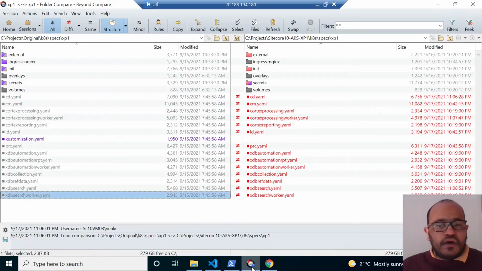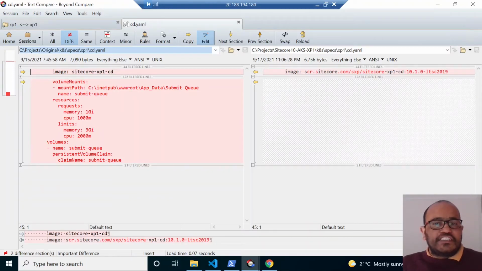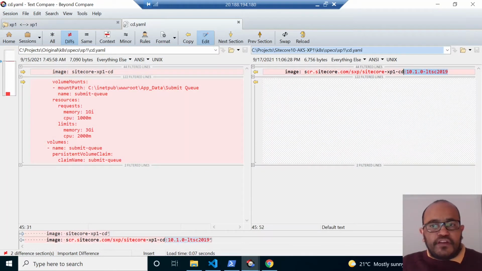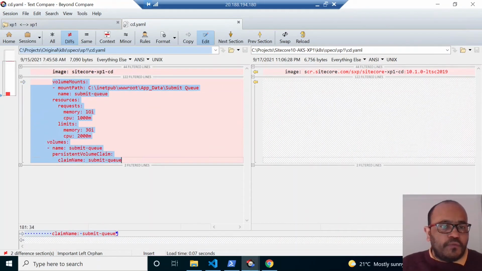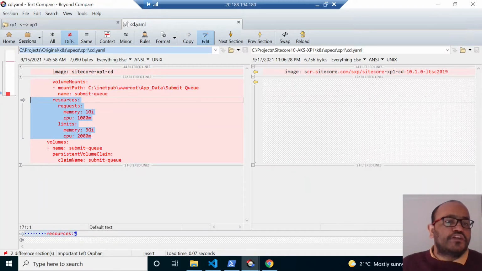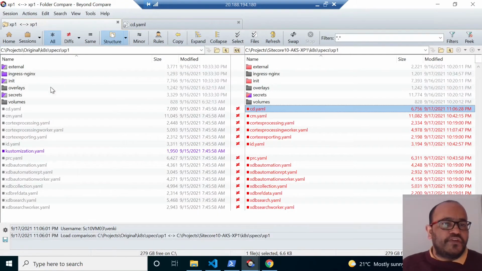And coming to the YAML changes, the left hand side is the original and the right hand side is what I modified. I will quickly show that one. If I click on the CD, just the image path is changed. If you see, this is a version, you can change it to the latest version, but that will be consistent for all the YAML files. And the rest of the things I deleted in the new modified one is wherever the volume related stuff and anything related to the resource stuff, that is what I removed.